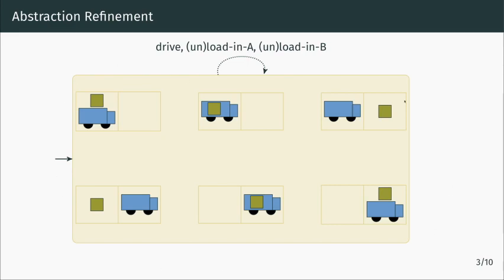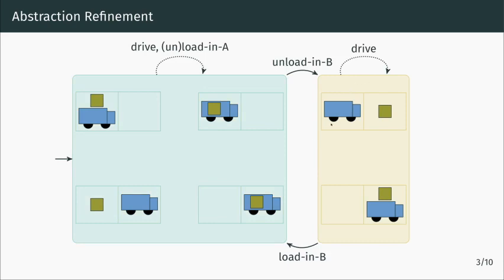So in the beginning, we only have a single abstract state, and all the actions are self-loops in this state. Then we find an abstract solution, which is to do nothing, because this single state is already a goal state. And we check this solution for the concrete task. And doing nothing doesn't solve the problem because the package is not at location B. So we need to distinguish at least between these two situations, which is why we split this state into two states. Here the package is at its destination and here it isn't.